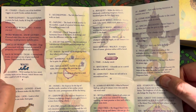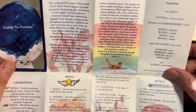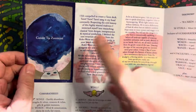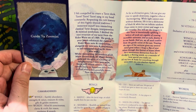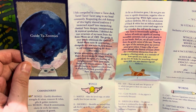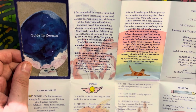I'll have to show it kind of in parts. And let's have a little bit about what ZeppelinMoon says here. I felt compelled to create a tarot deck. Tarot, tarot, tarot sang in my head constantly. Respecting the rich history of this highly revered tradition, I immersed myself into researching classical tarot designs, interpretation, and mystical